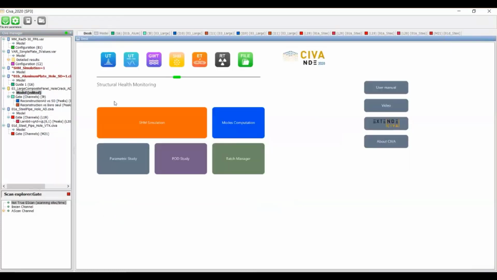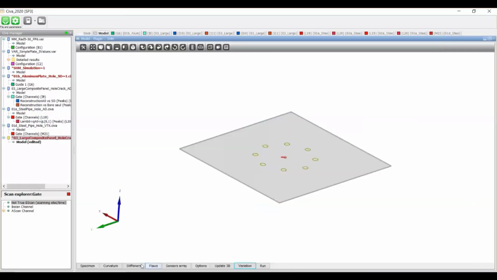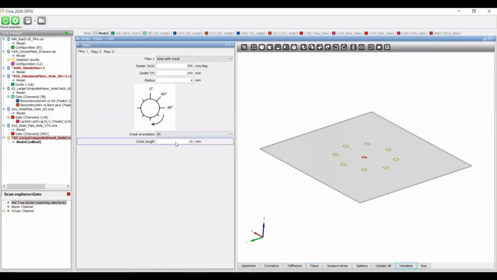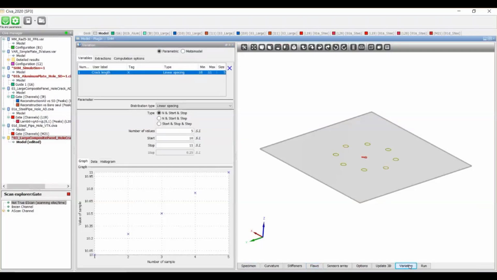You just have to identify parametric study here, and then you have the possibility to define one of the parameters as a variable, and then you can generate a variation range of these parameters for 5 values.